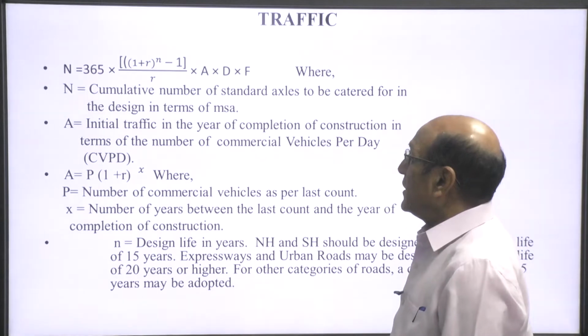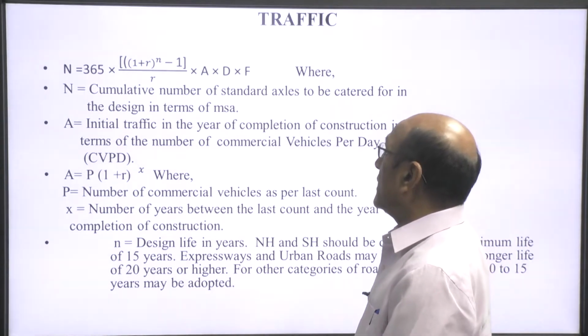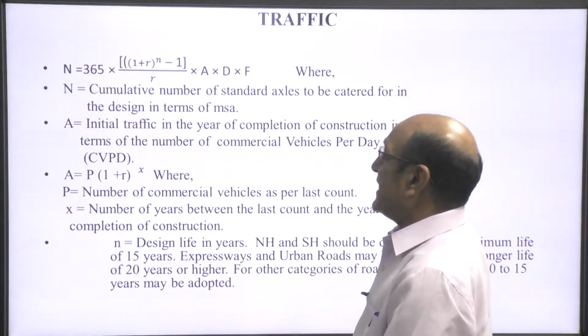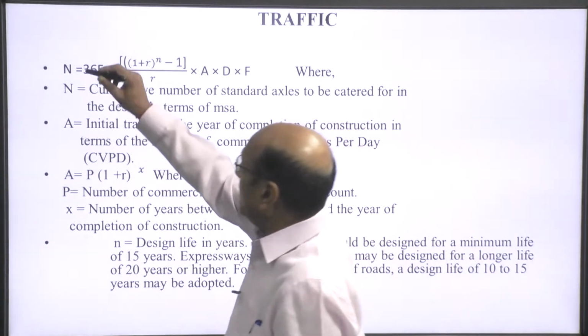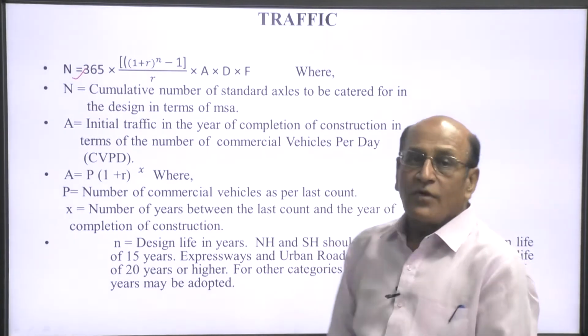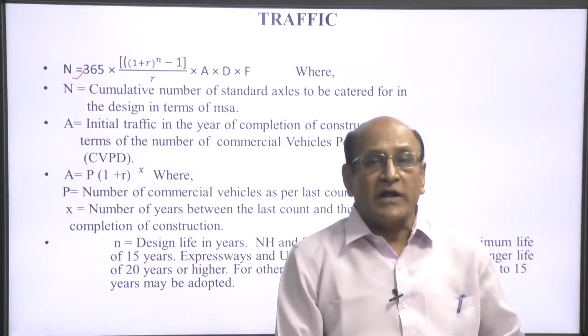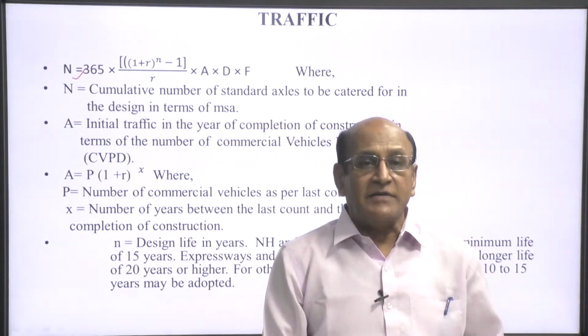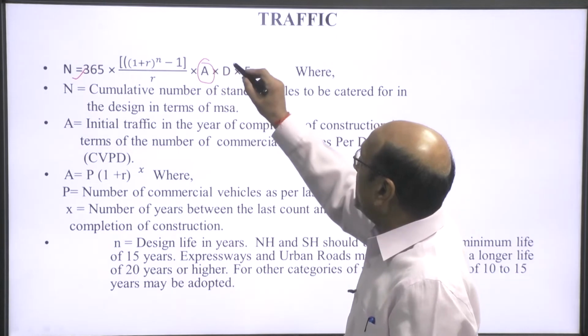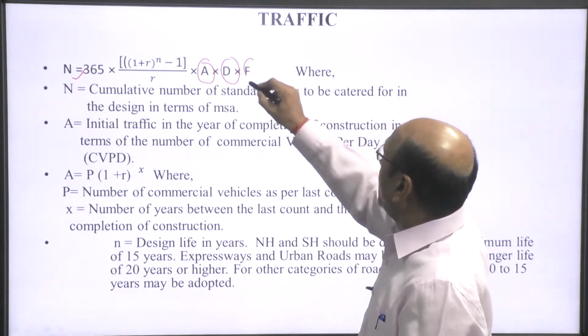The formula that is used to calculate the MSA, million standard axle, is N equal to 365 into (1 plus r to the power n minus 1) divided by r, multiplied by A multiplied by D multiplied by F,